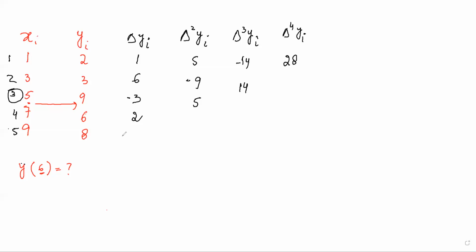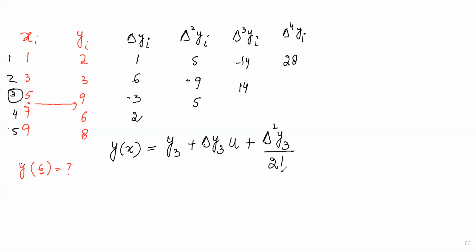is y of x, the polynomial that we have. Our interpolation starts from the third value, so the forward difference will be taken from the third value. So the formula becomes y of x equals y3, since we're taking from the third value, plus delta y3 into u plus delta 2 y3 divided by 2 factorial u into u minus 1